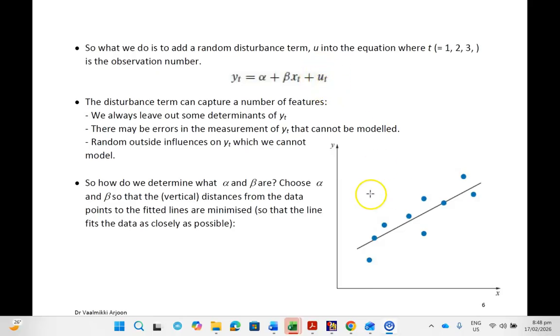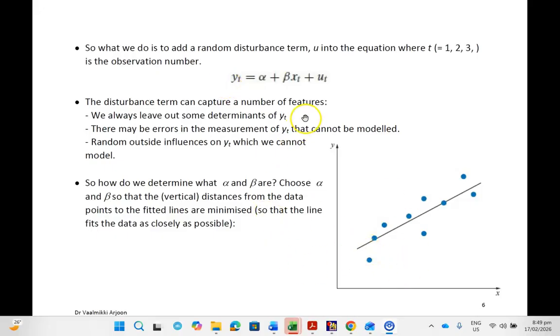This implies that all of the data points are not on the regression line, which means that the regression, even though it does fit the data or explains how X affects Y,